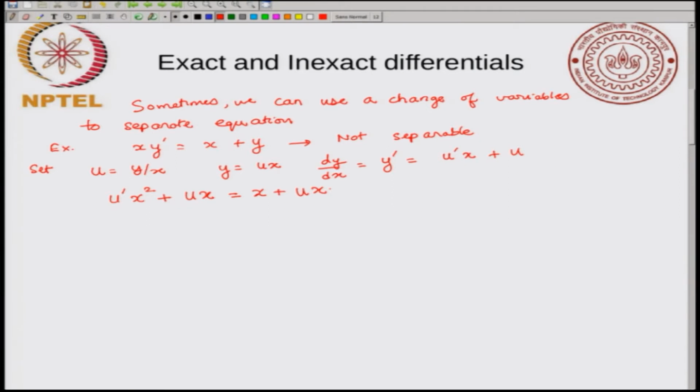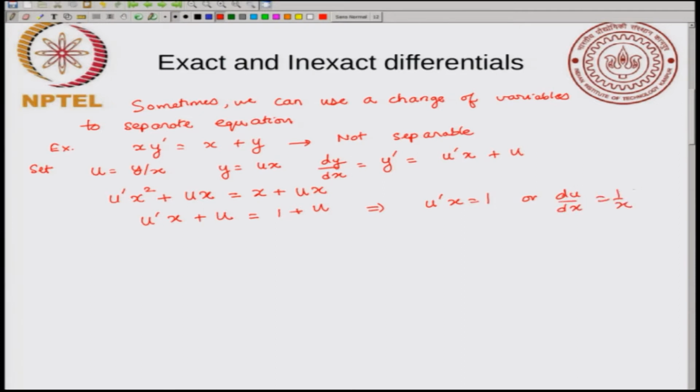And what you can see is that immediately one x will cancel. So, what you get is u prime x plus u is equal to 1 plus u. And again also a u will cancel. So, this implies u prime x equal to 1,